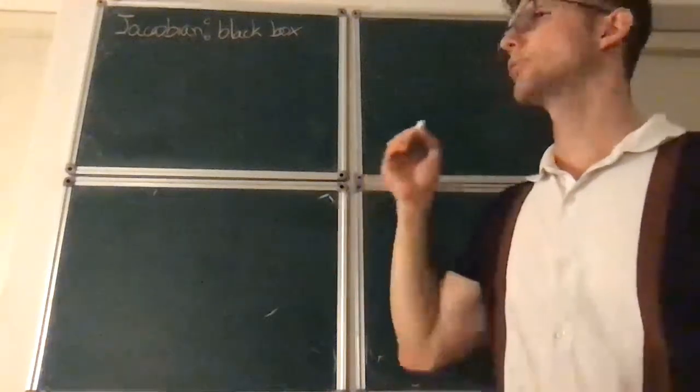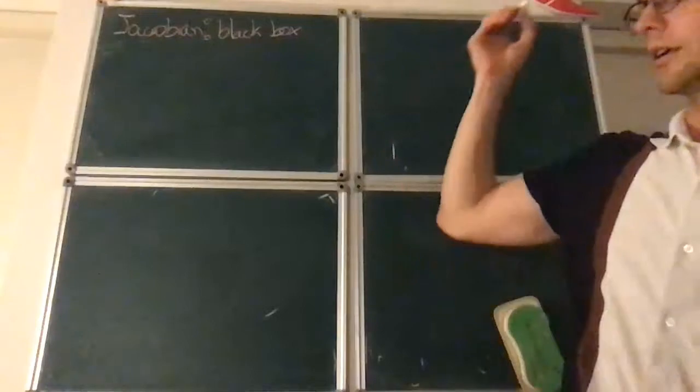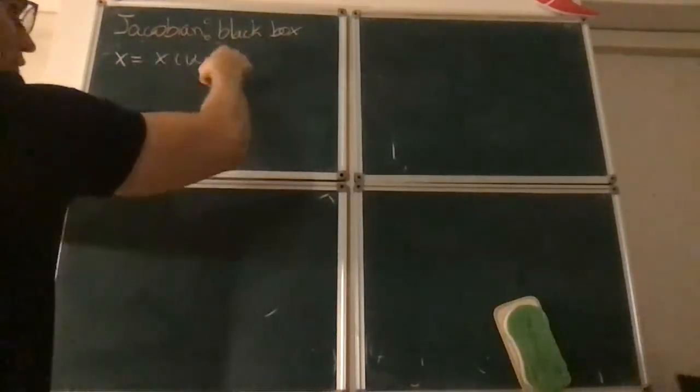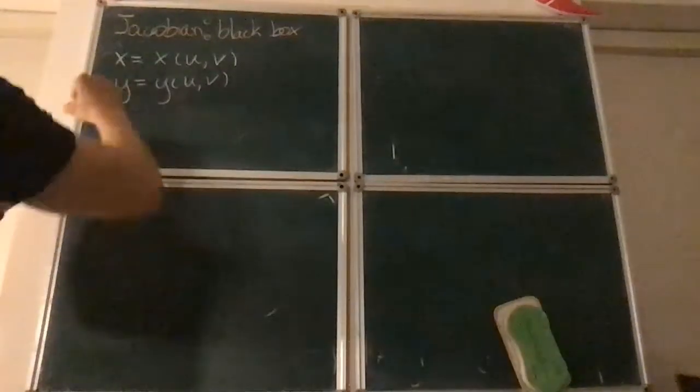Okay, so here's what you really need to know about what I have said so far. If you have two new coordinates u and v that you use to think of x as a function of u and v and y as a function of u and v, then you can find the Jacobian